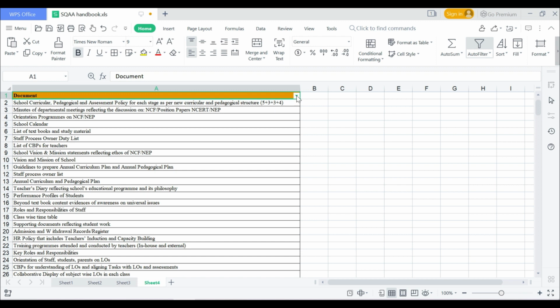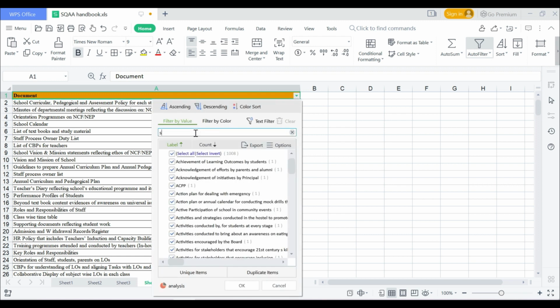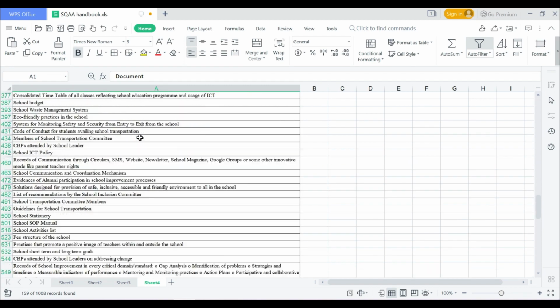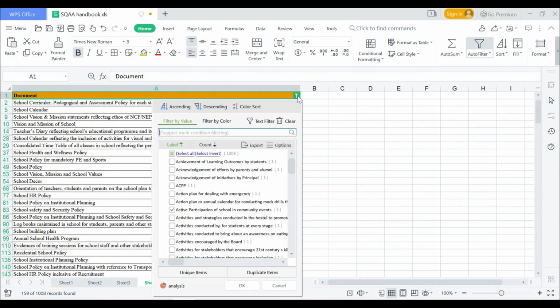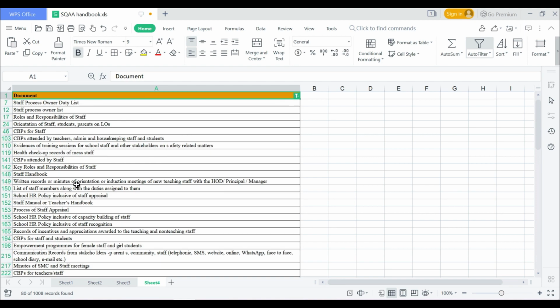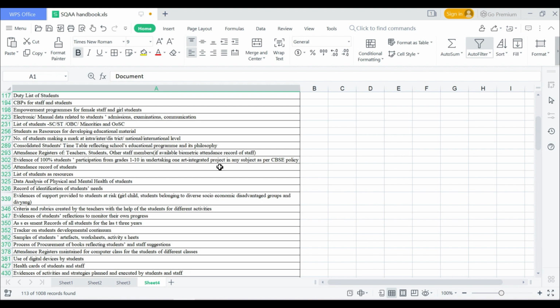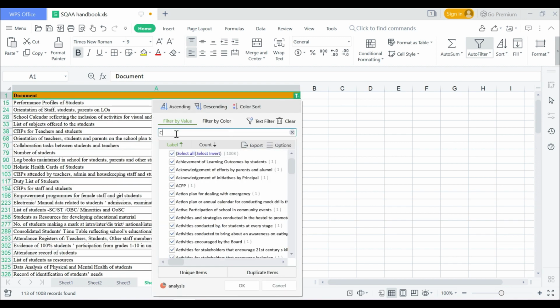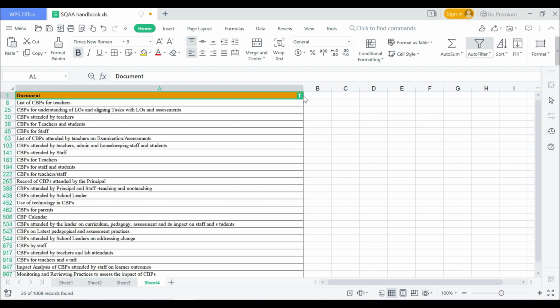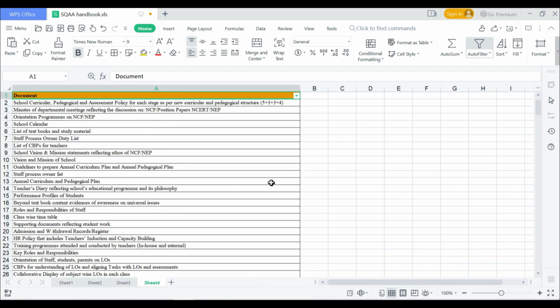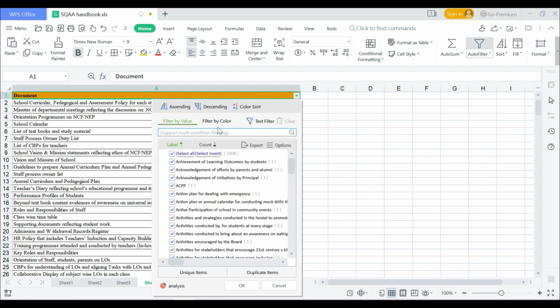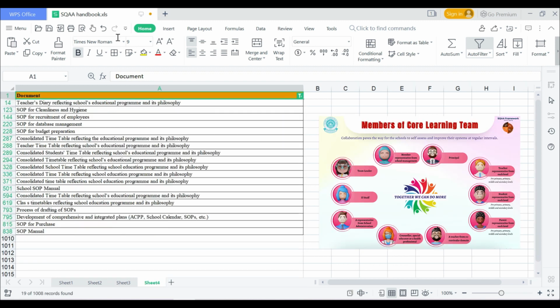For example, school, staff, students, curriculum, assessment, records, evidences, capacity building program, policy, SOP, etc.